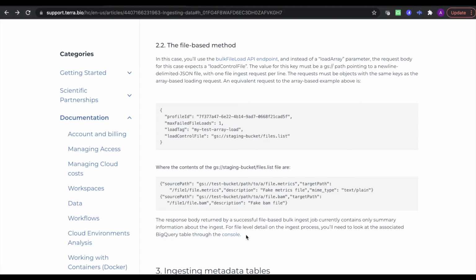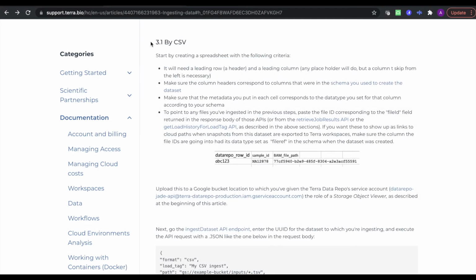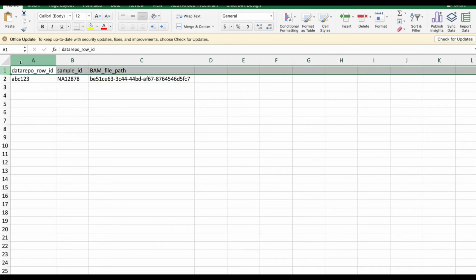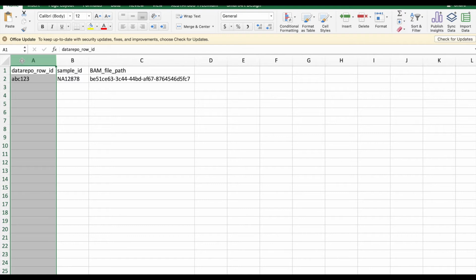Now we'll look at how to ingest data by CSV. We'll need to start by creating a spreadsheet using software such as Microsoft Excel or any spreadsheet software that can generate a CSV file. In this example, we have a leading row, aka a header, and a leading column. Any placeholder will do in this example, but a column to skip from the left may be necessary. Make sure that the column headers correspond to the columns set in the schema for that dataset. Make sure that the metadata you put in each cell corresponds to the data type you set for that column